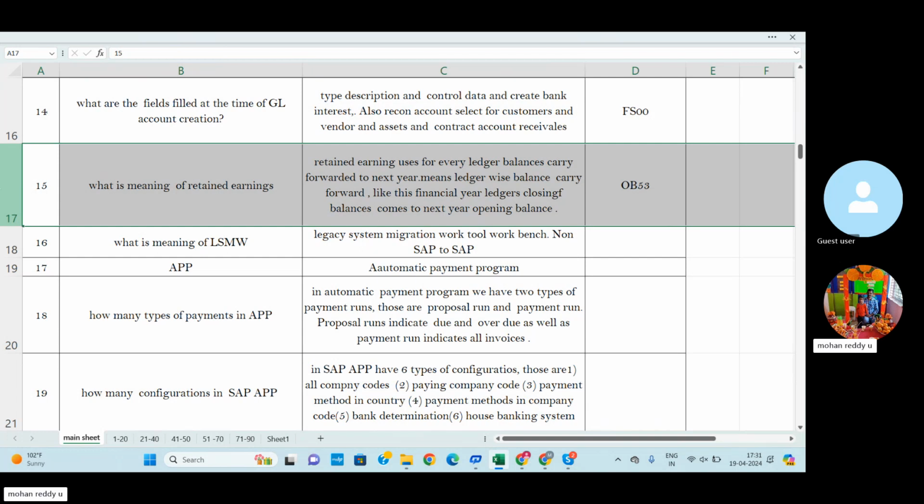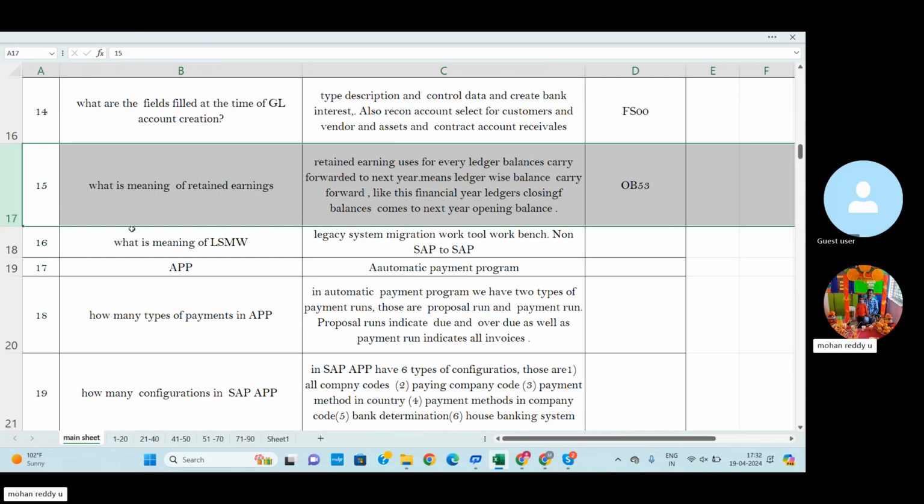How much balance is in a particular ledger and a particular item will be carried forward to the next financial year, April 1st. Every ledger balance is carried forward from this financial year to the next. This is called retained earnings.